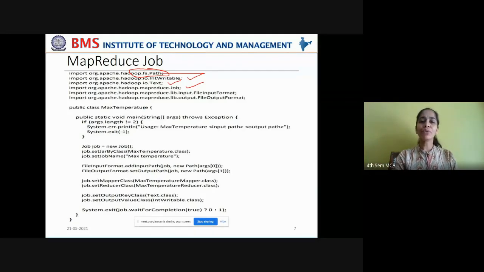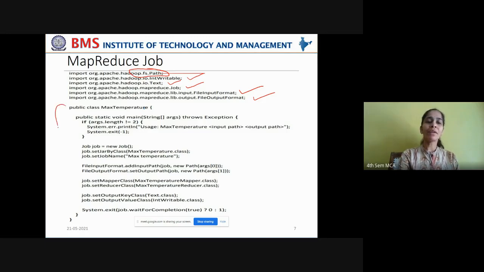Okay, so you have to import the Job package and you have to import MapReduce's library dot input dot FileInputFormat and FileOutputFormat. These formats should be understood by the MapReduce framework also. So you have to import this FileInputFormat and FileOutputFormat from the MapReduce package, which can be understood by the MapReduce task.